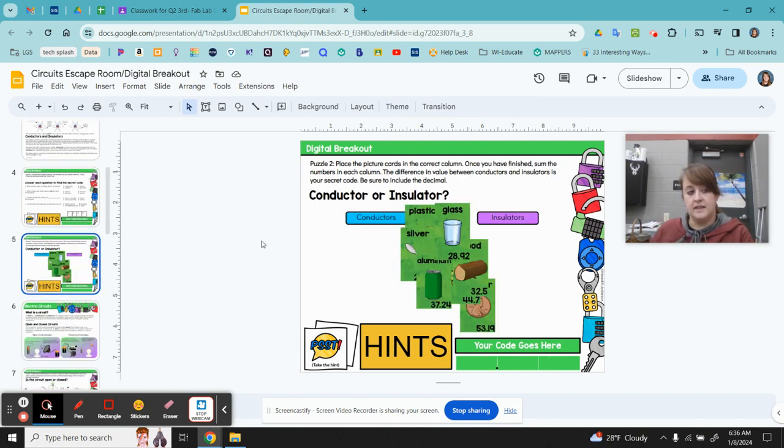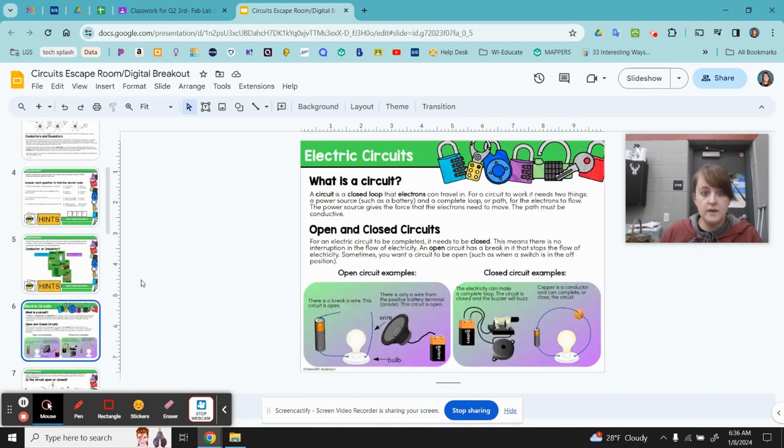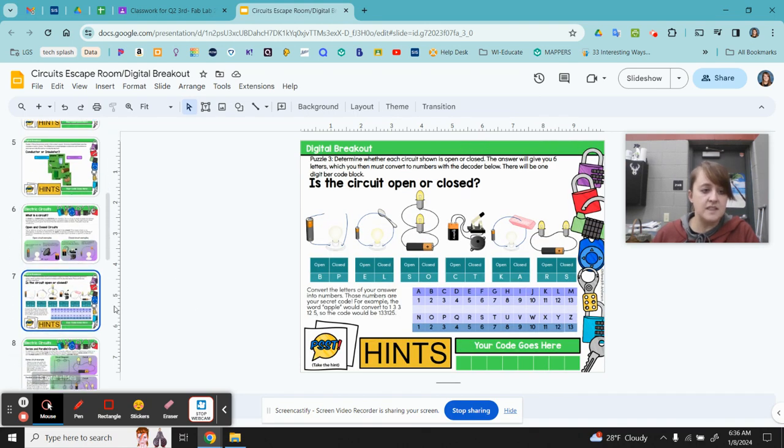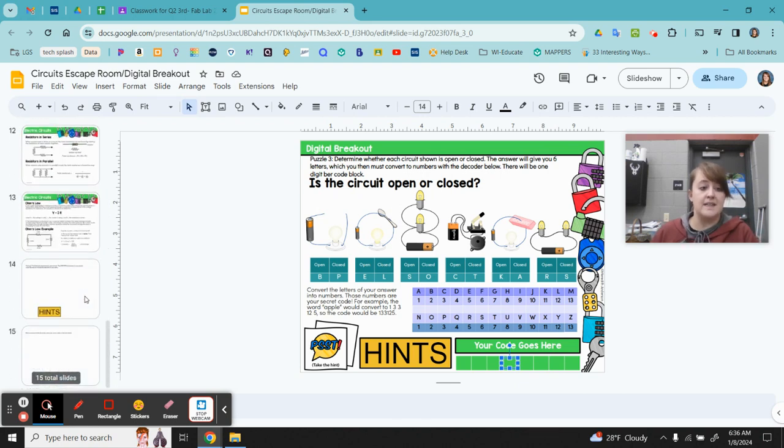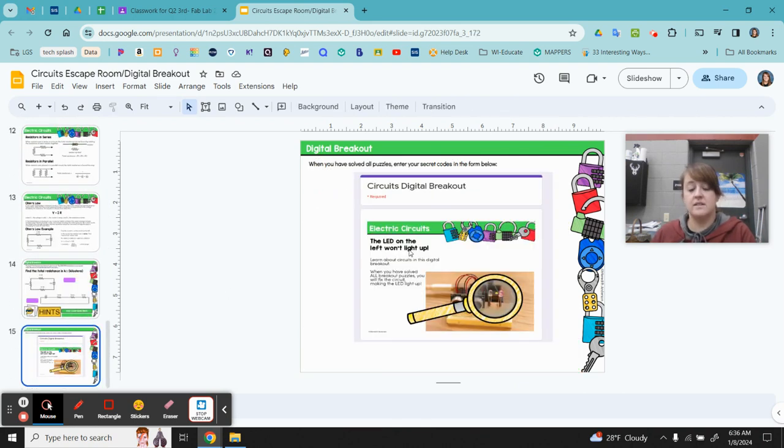Now there's an activity and then there's a reading. Whenever you have these slides with the reading items, make sure you read them. They're helpful. That will make the puzzles easier. On each slide, when you're doing a puzzle, you can double click and type into these boxes. That is a good way to record your answers because at the very end of the slideshow, there